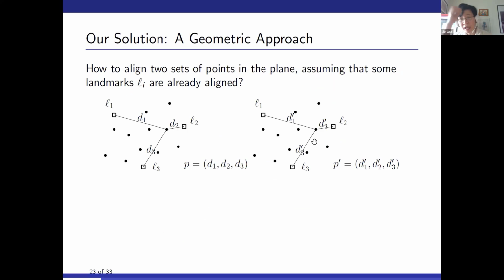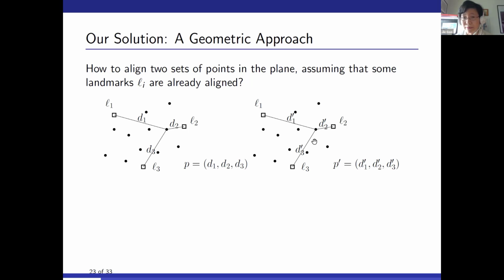So we try to tackle this problem by using the Ricci flow metric and this geometric approach. Suppose we don't have graphs, but instead just point sets in the plane. We have 2 point sets and we try to align them. One simple method is to define landmarks. In this setting, I have 3 landmarks and I'm going to match the landmarks first. If we have a small number of landmarks, we can just do enumeration to try to match them. And after that, we can define the coordinate of every other point by the barycentric coordinate, which is the